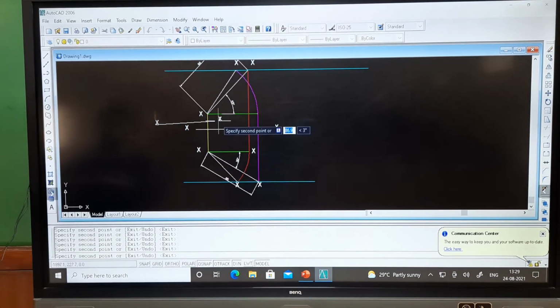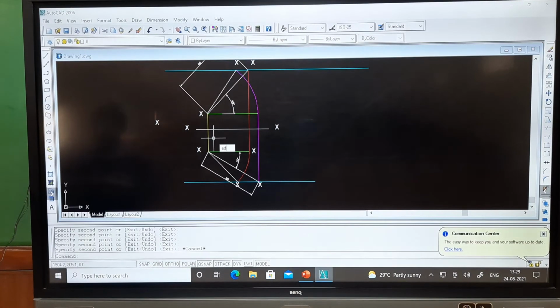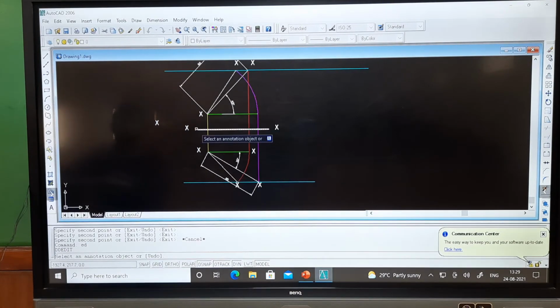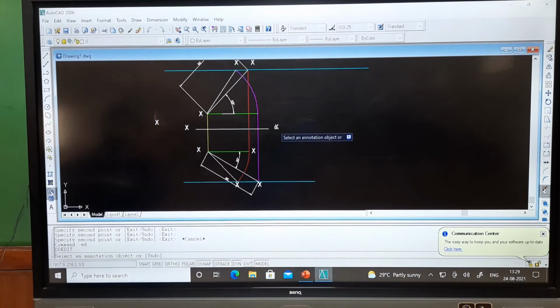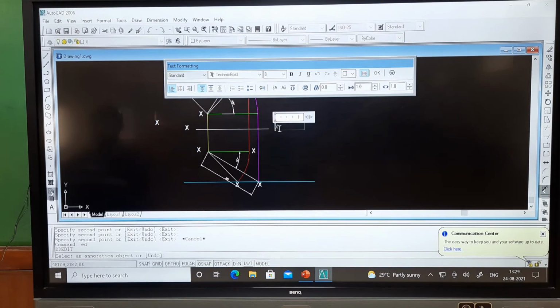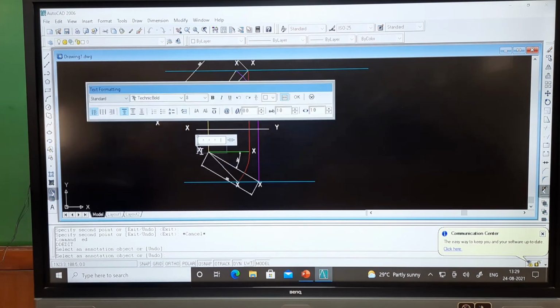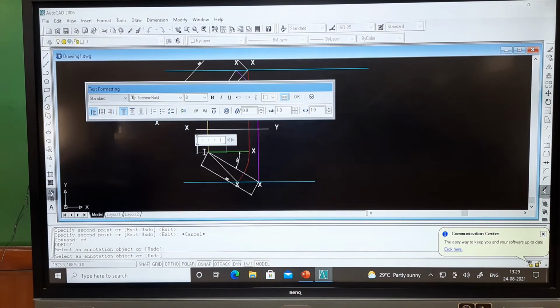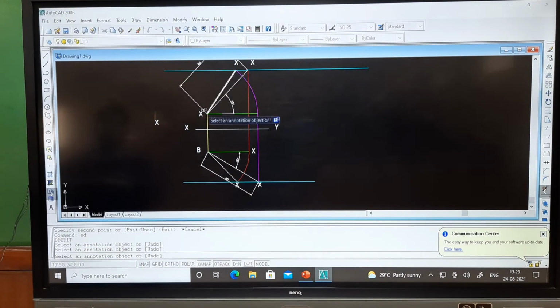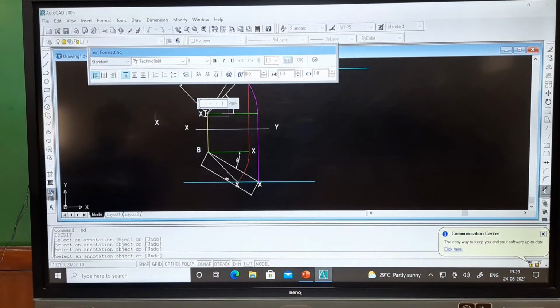So, all this text we have to edit. Now, ED enter. This is our X only, this is our Y reference line, XY. Next, this is our B, this is our B complement.